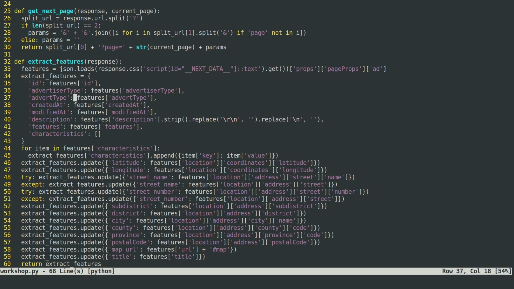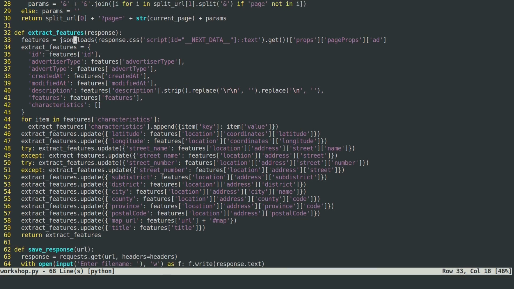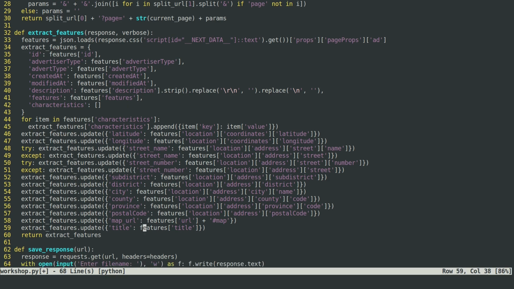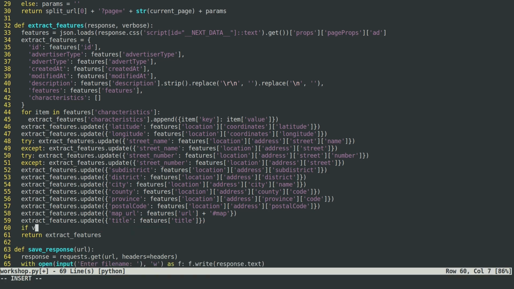And to make sure that this happens automatically, I may have some extra parameter, say verbose. If verbose, print JSON dumps extract features, indentation equals 2 spaces, right,